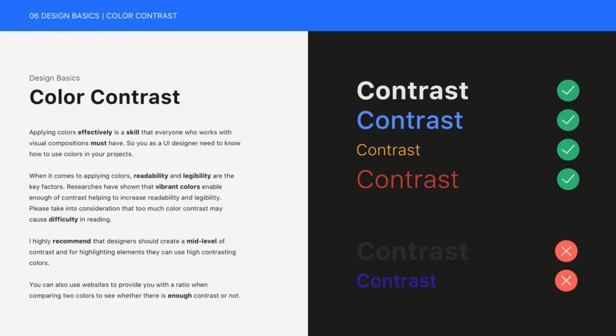If you look at the examples on the right, we have 6 different colors. As you can see, the first 4 are acceptable and have enough contrast, but the others are not readable. So when we are designing a user interface, we need to pay attention to colors a lot, because sometimes you as a designer